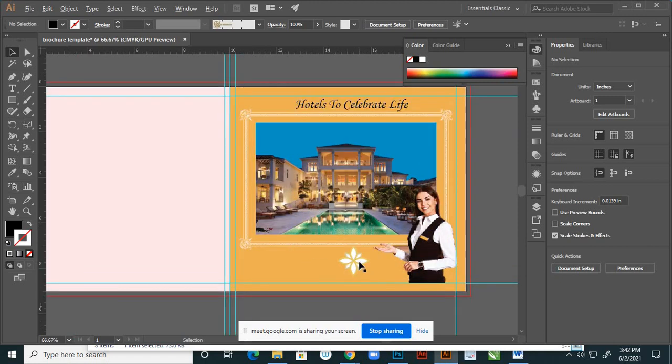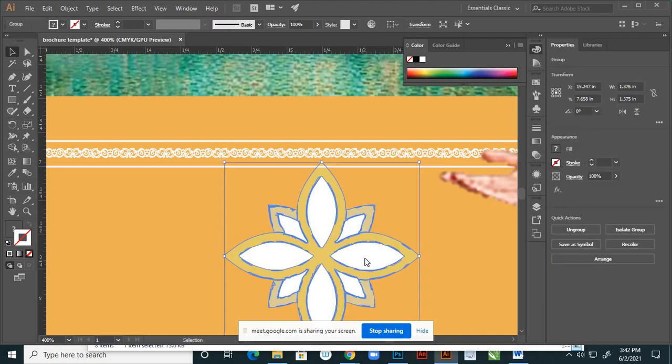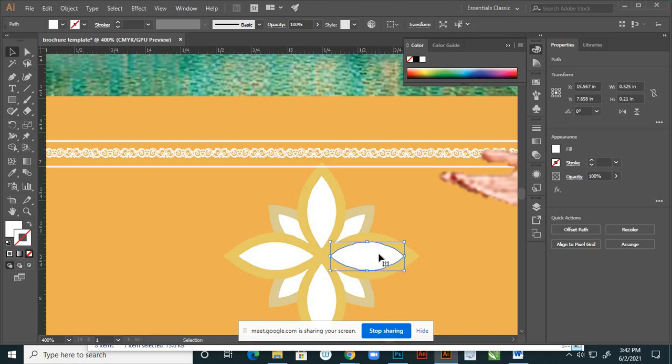Yes, at logo area. Now inside things. Remove these inside things. Ungroup. Select this.